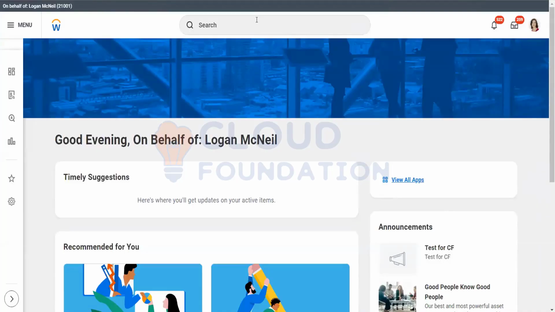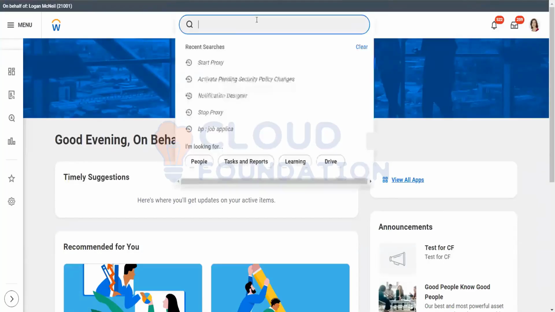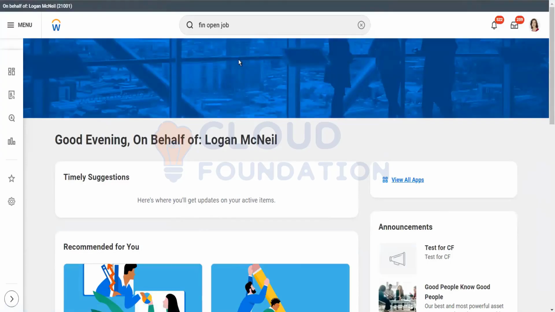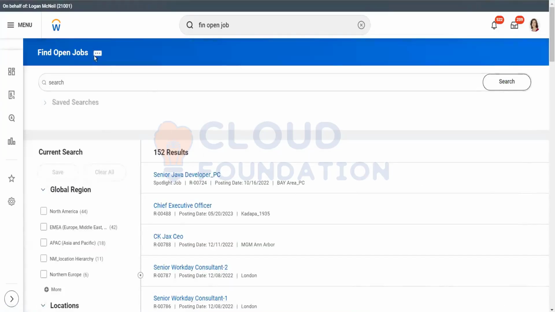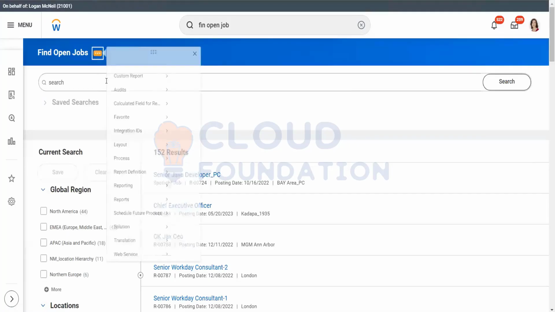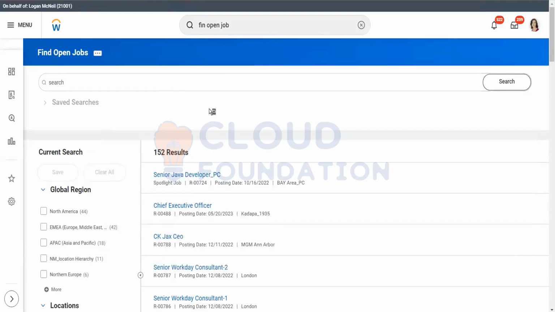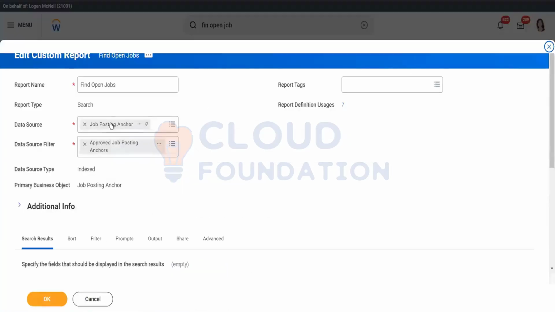Okay, it's a custom report. So if it's not accessible, then you need to check the data source or the business object he's part of or not. Let me just talk about find open job only. This happened for me during my learning module also. I shared it with the employees, but they were not able to see. Then I got to know that the business object or the data source didn't have the required access to include those security groups. So this is the data source. If I click here,